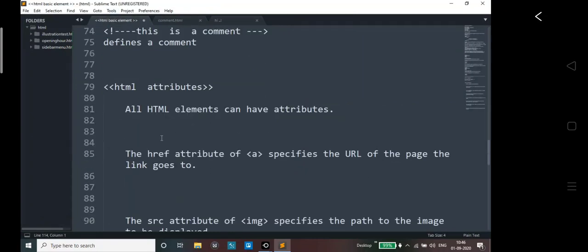Attribute is something which all tags can have. All HTML elements can have attributes. It provides additional information about the element and is always specified in the start tag, which we call the opening tag. It is specified there only, and usually